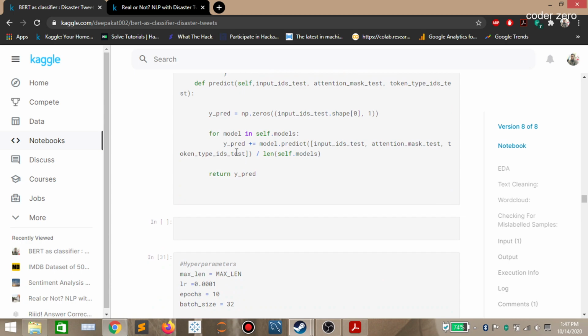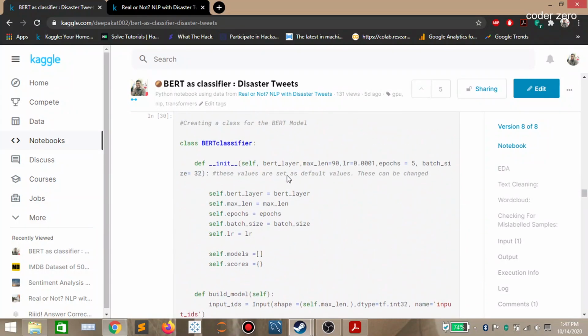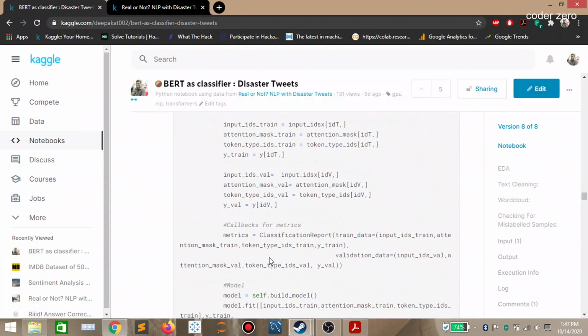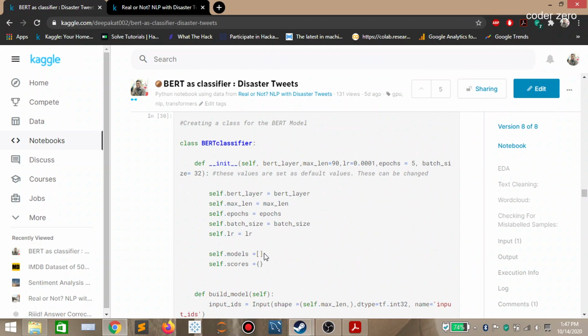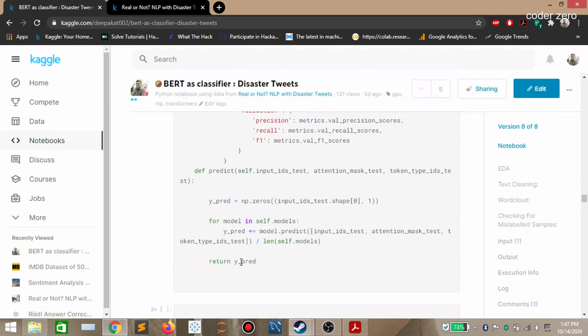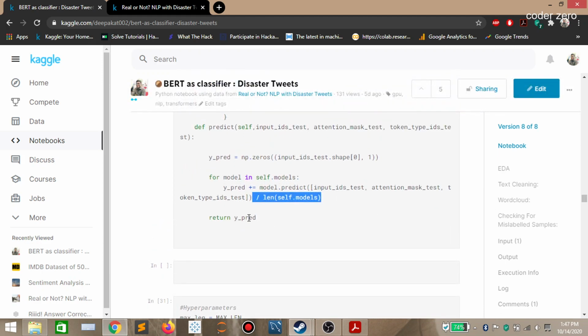We are using each and every model that we have stored inside the models list. We are using each model to do the prediction, and we are storing the average value. That's why we are dividing by the length of the list. After that we are returning the prediction value.